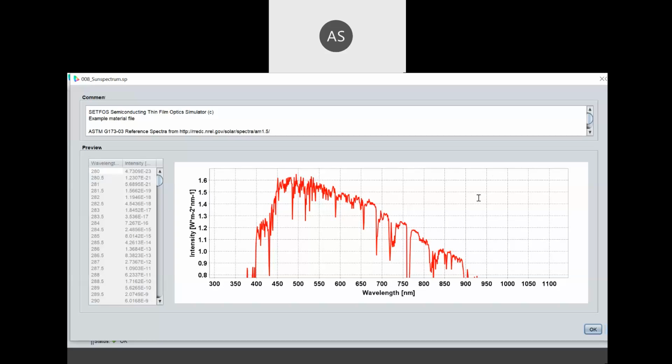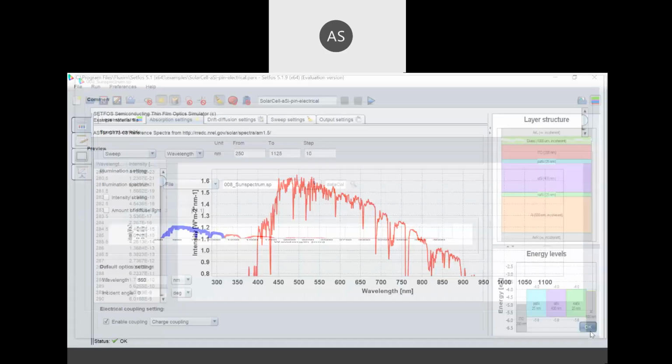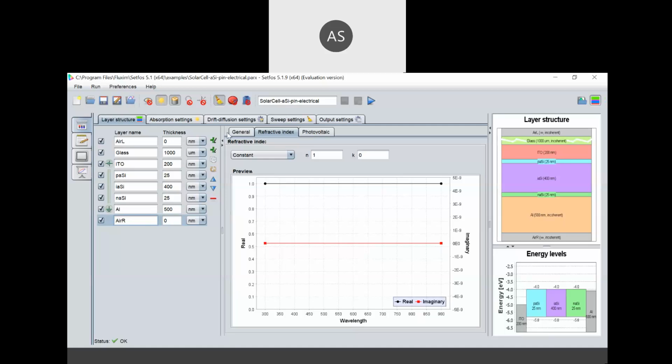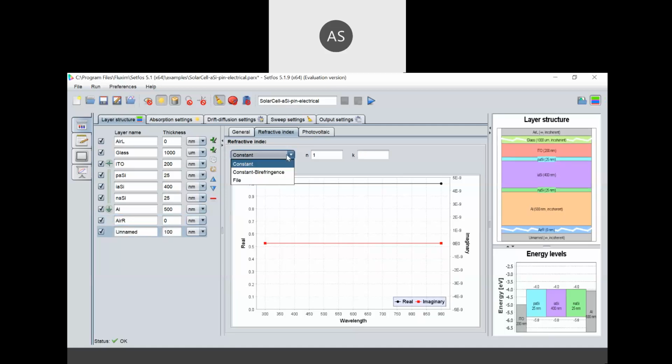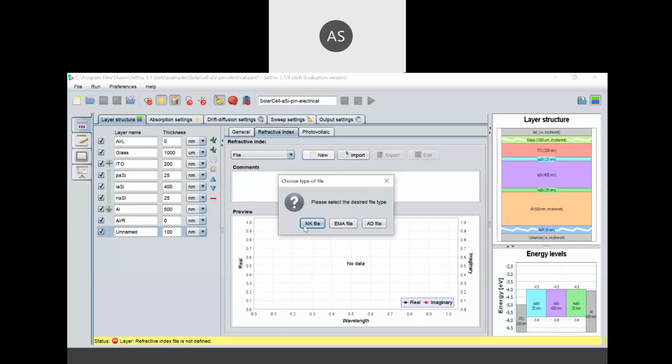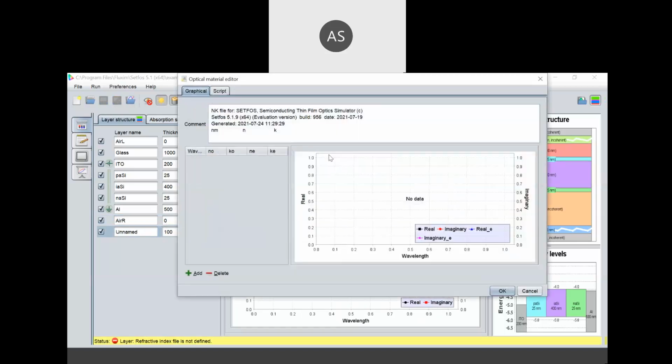How to add a new material to the library? Adding a new material, as I told in the presentation demonstration session, if you would like to create a new optical material, then you can click on File and click on New. Here you can select the NK optical material. Then you can set the wavelength and K value.